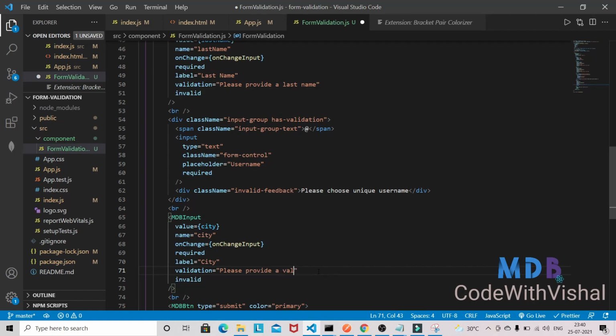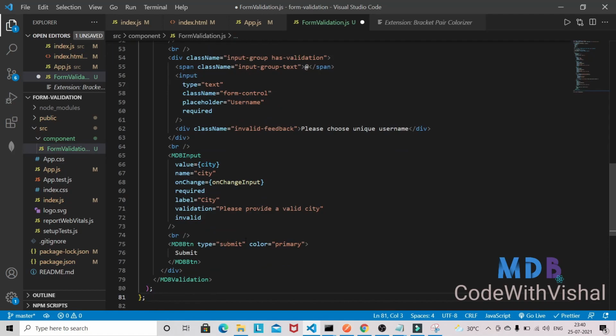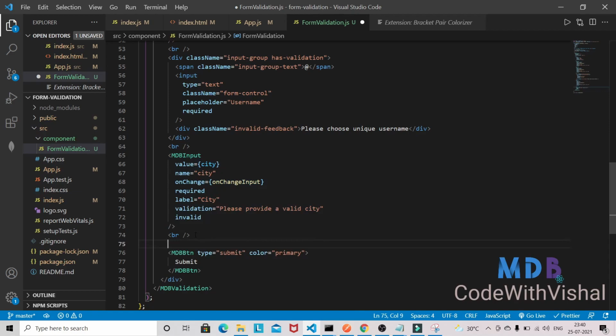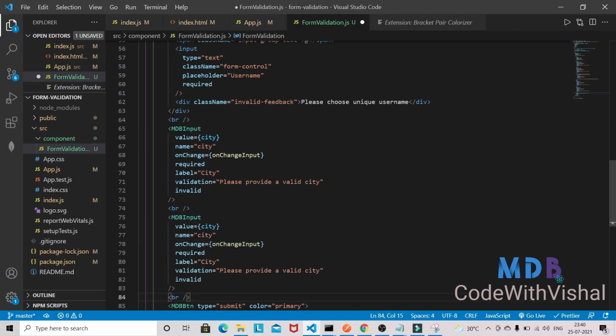Please provide a valid city, and this one will be also invalid, and we can copy this one and paste it here below, and this will be for the zip code. So zip, this one will be the zip, and the message will be like, please provide a valid zip,